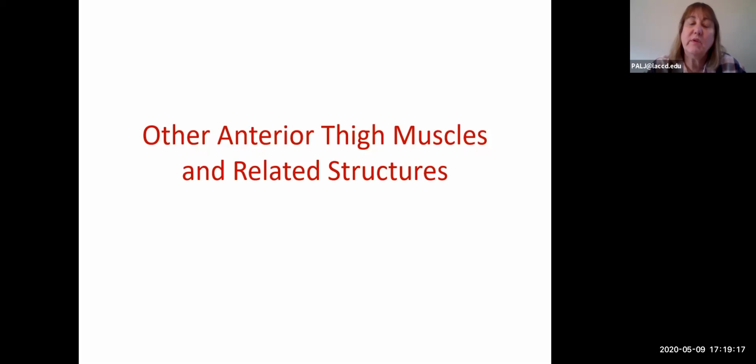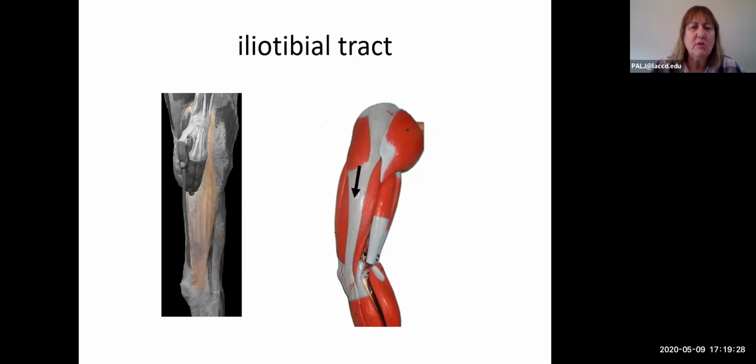Hi, and welcome back as we finish our exploration of the thigh muscles, and we're going to talk about thigh muscles anteriorly that are not your quadriceps muscles. So we've already learned 4 of them. So the first thing I want to talk about is something that is not an actual muscle, and this is